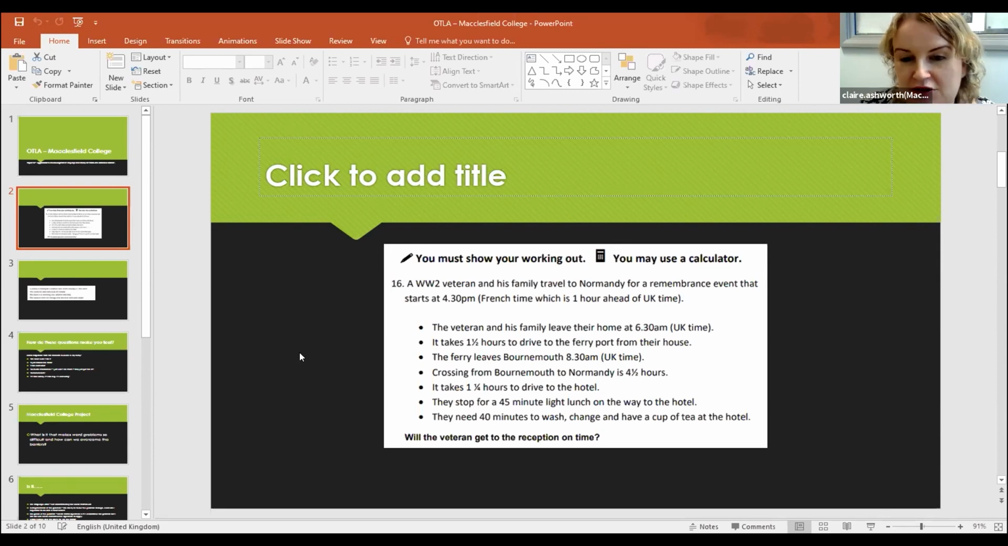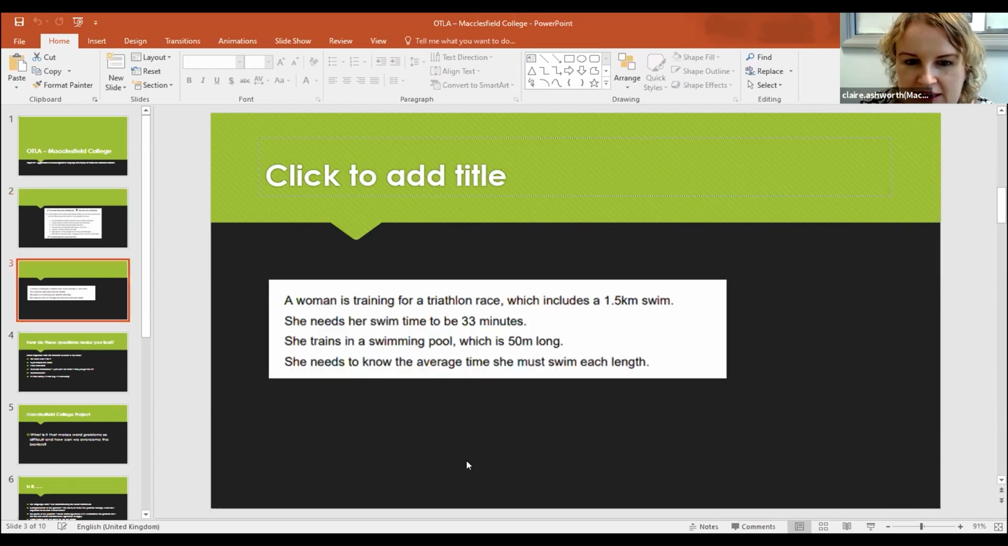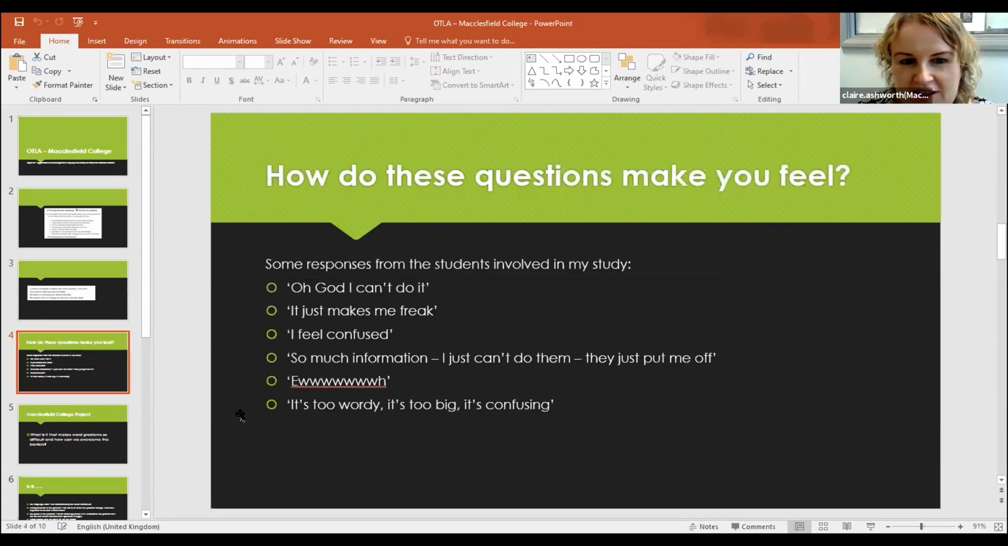I then used another question with them. I'm just going to put an example up again. So something like this. So in their first one-to-one with me, I gave them 3 questions. The first one I've just shown, this one, and then another one which was involving percentages. So I then just gauged their reaction to the questions, and this is just a selection of the comments from the students. They were quite